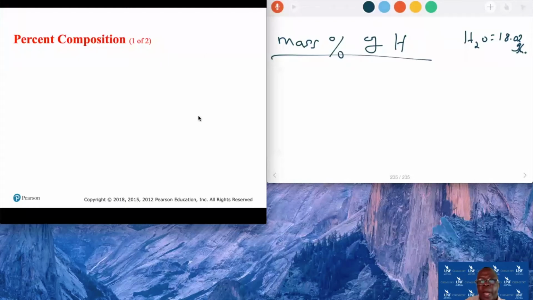Look at how many hydrogens we have: 2 hydrogens. You multiply by 2 the atomic mass of hydrogen. This is the atomic mass of hydrogen, 1.01, from the periodic table,